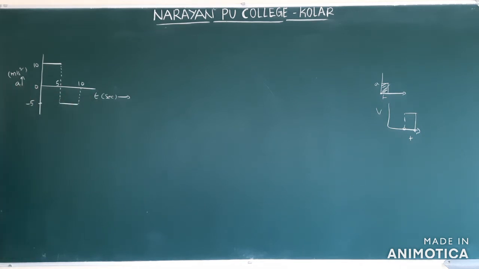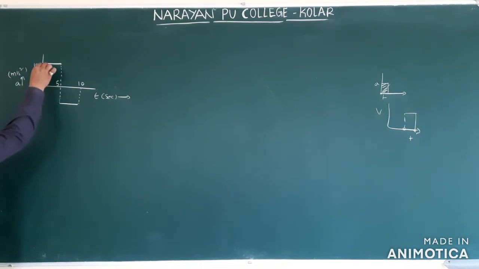Now what are they asking? They are asking for the velocity time graph for a particle moving in a straight line, as shown in the diagram. Sketch the VT graph. VT graph means after 5 seconds, what is its velocity? After 10 seconds, what is its velocity? If you come to know, you can find. So we already came to know one concept: the area under the acceleration time graph gives velocity or change in velocity.